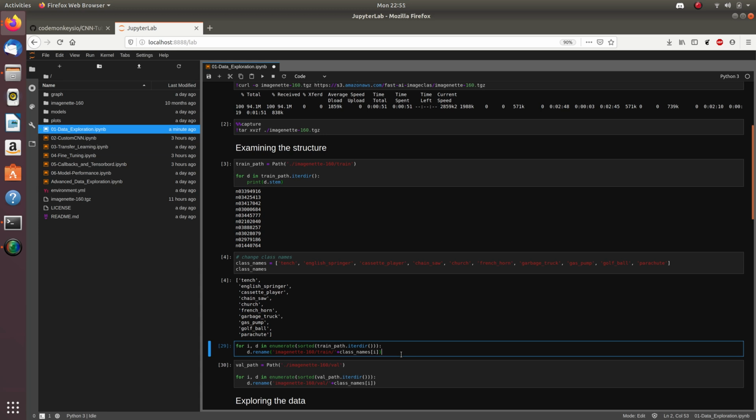Now we will enumerate over the directories found in the train directory to rename each directory. And here D refers to a specific directory in the train directory, and I is used as an index, which is used to access each element of the class names list. So we can run that cell. And we rename each directory by concatenating the corresponding element in the class names list. So the first directory will be renamed Tench, since the first element in the class names list is Tench, and the second directory will be named English Springer, since the second element in the class names list is English Springer,